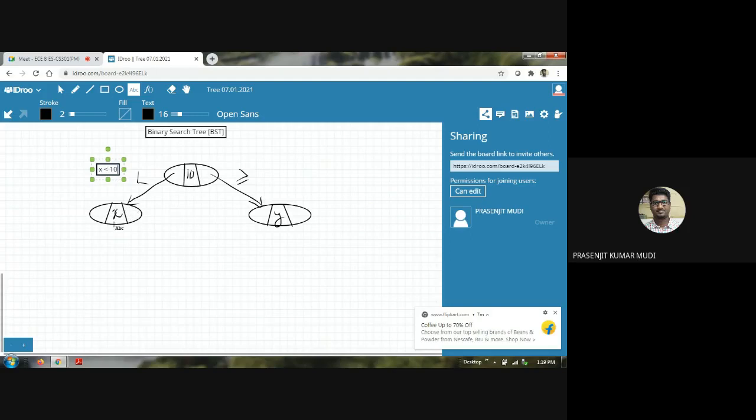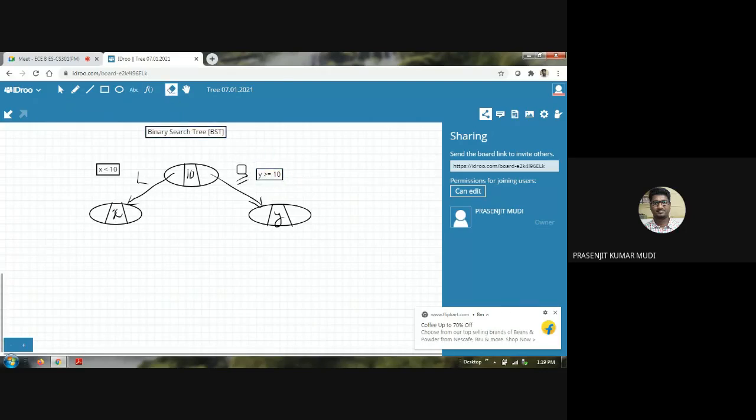I can place over here those nodes whose data part value is less than the data part value stored in the root, x less than 10. Similarly, we can store those nodes as right child of this root node whose data part value y is greater than or equal to 10.